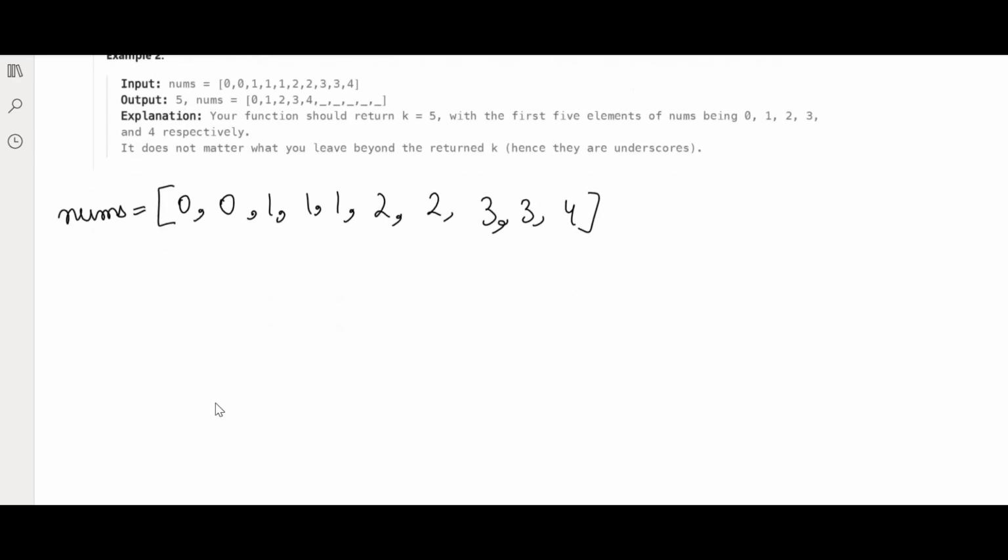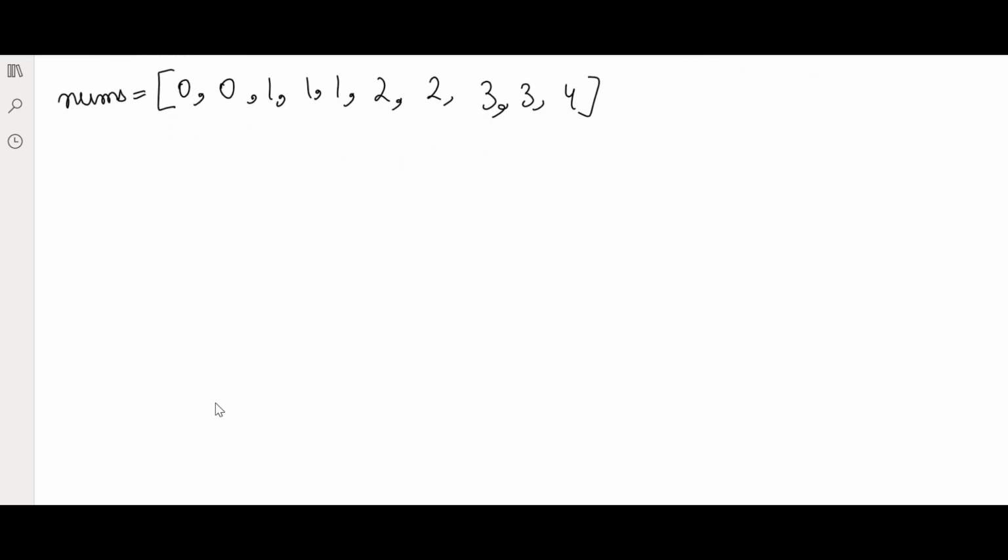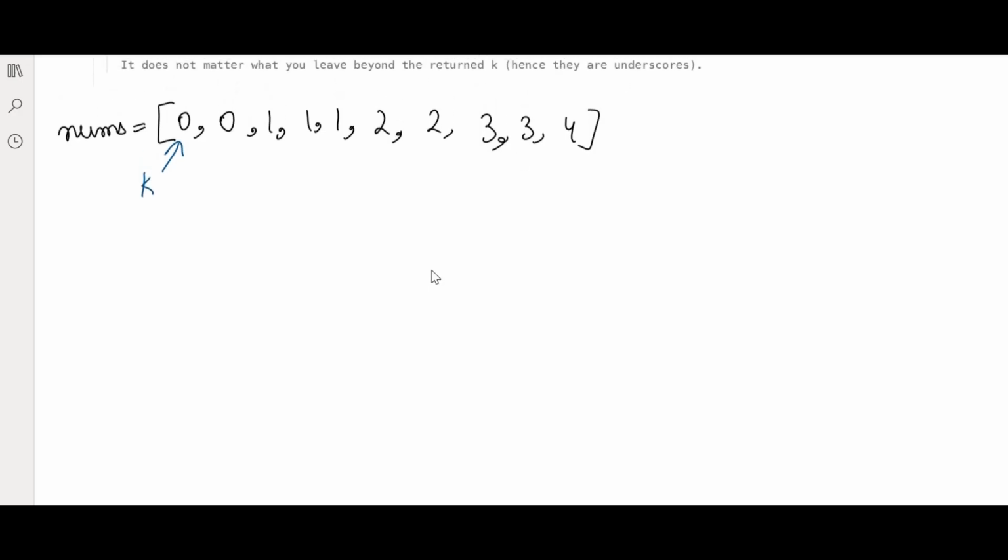So the approach will be very similar to the previous question that we did, which is a 2-pointer approach. We will start the k pointer from 0th index, and the i pointer will always be incremented. We will increment the k pointer only when nums[i] is not equal to nums[i+1]. That means if it is a unique element, only then you will increment the value of k. Since we will compare this element to the previous element, we can start both i and k from the first index rather than 0, because we will compare it to the previous index.